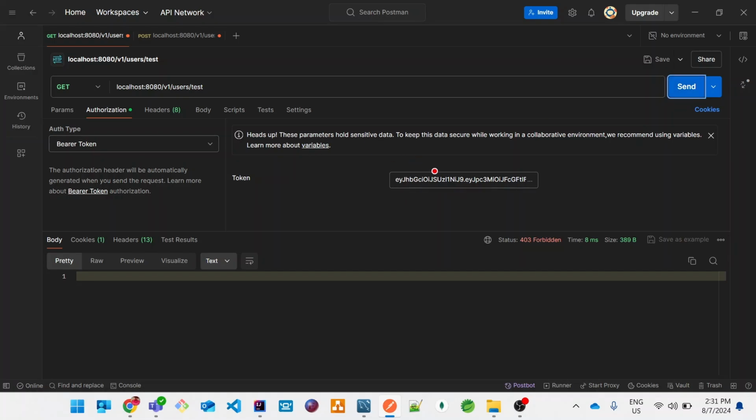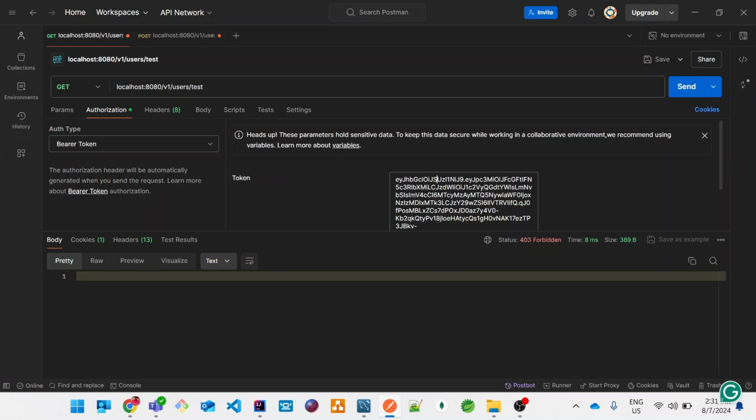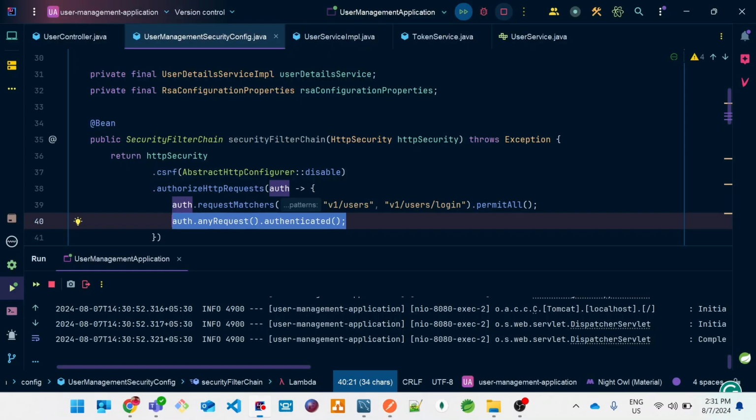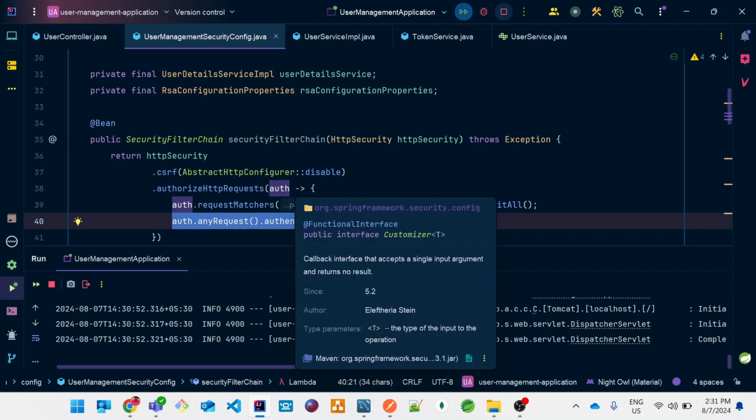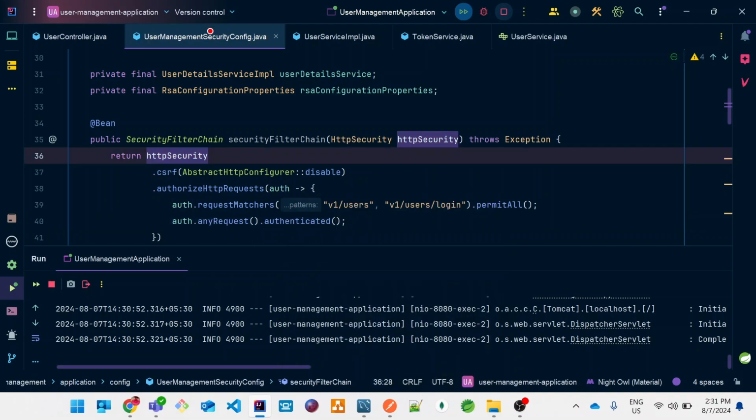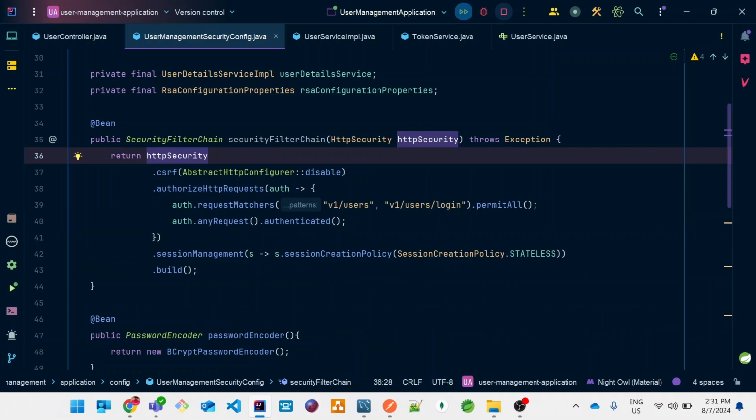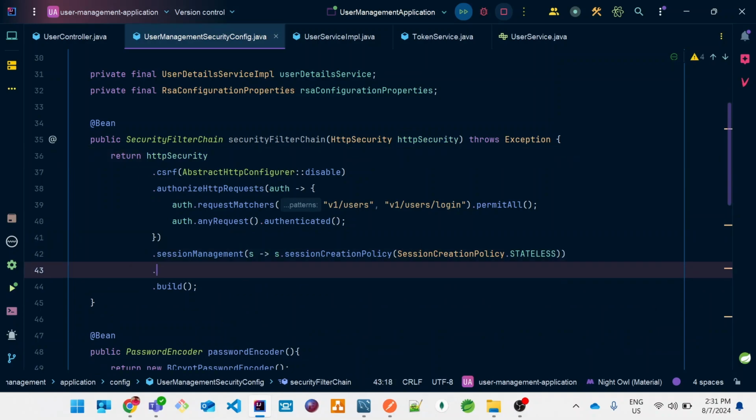Now whenever we are going to pass the token in the header, the application must decrypt or understand or validate the token in order to hit our endpoint. After successful validation of the token, after successful verification of the token, it has to allow the user to hit the endpoint. So now what we need to do over here, so I'll just introduce one more API, .oauth